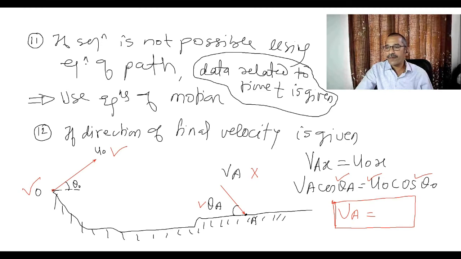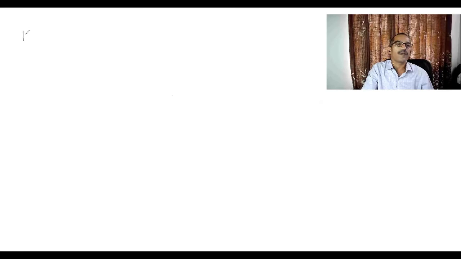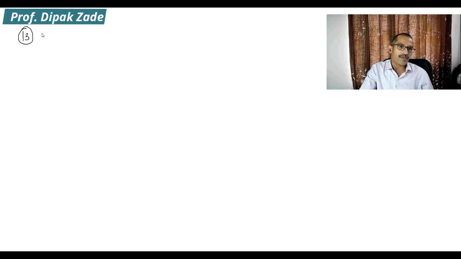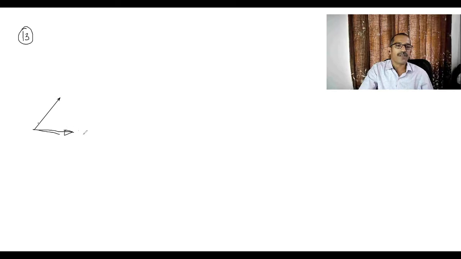See here. Next important point, 13. Suppose any particle is projected with some initial velocity. This is the initial velocity, fine. Say this is your x-axis, this is U0, and the angle is 60 degrees. Now during this motion, this is the path traced by the projectile, and this is the topmost point. Here the angle is 60.